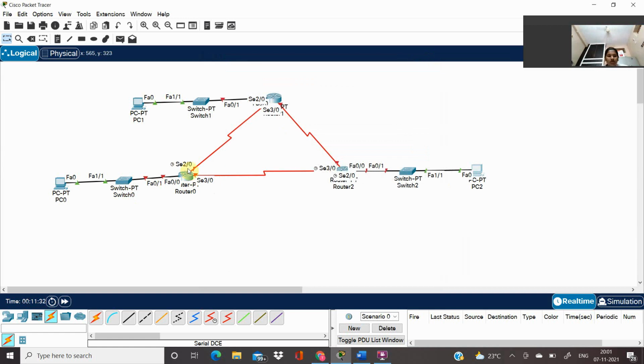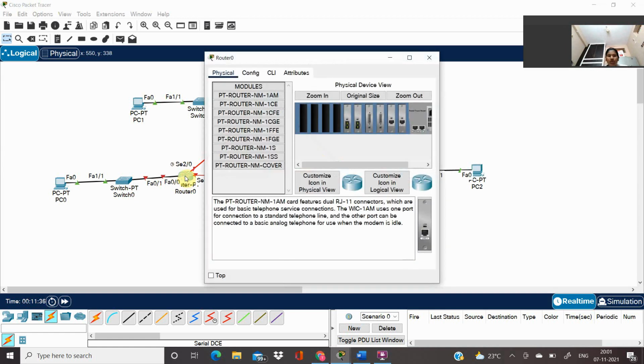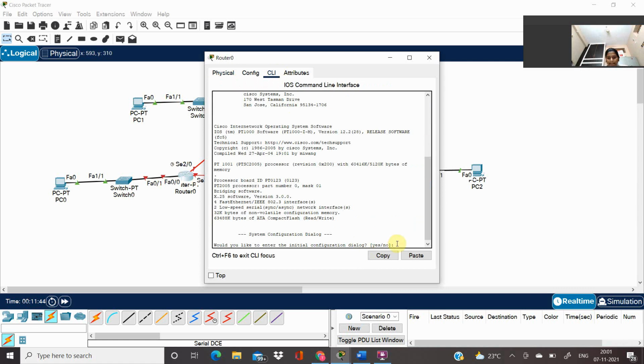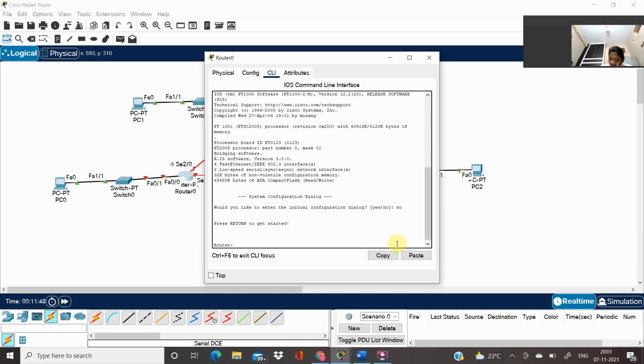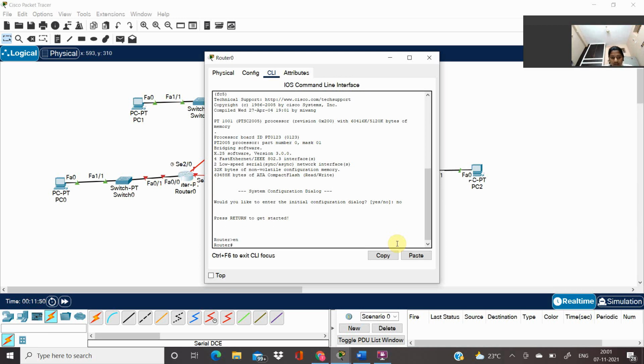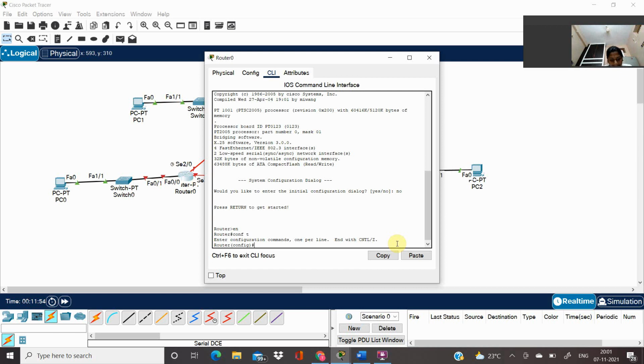Now we're going to configure our router 1 first. First we're going to enable it, then we're going to configure terminal. Next we are giving int fa0/0.